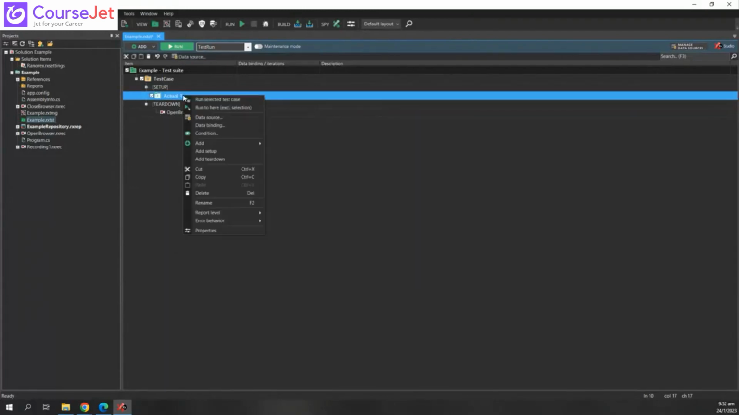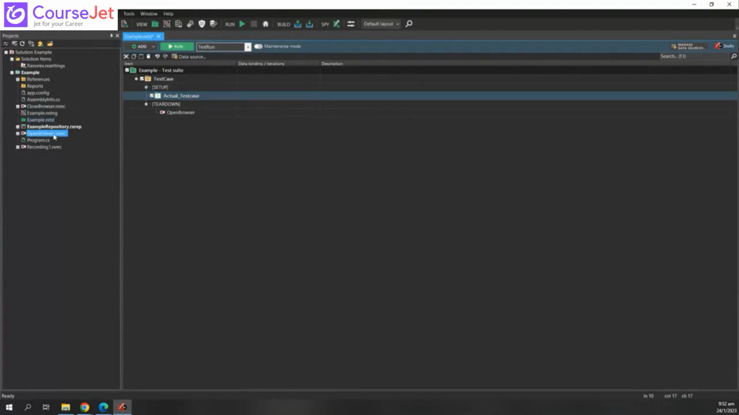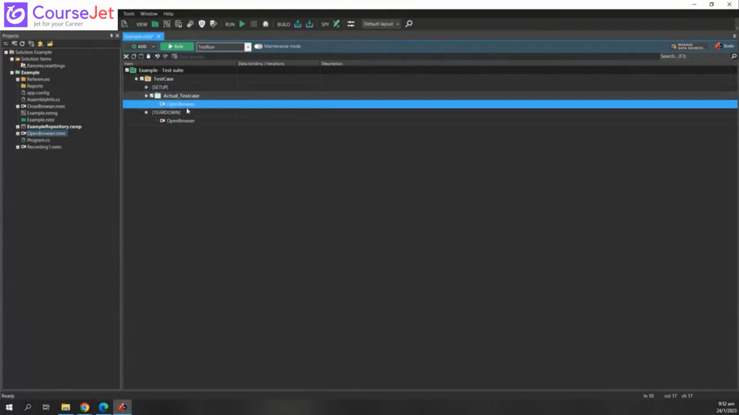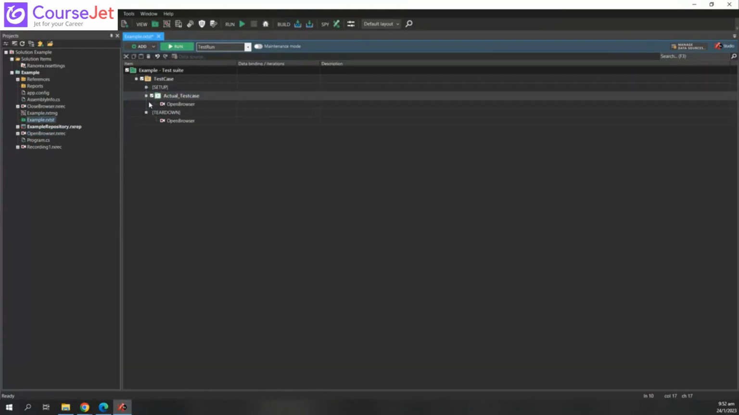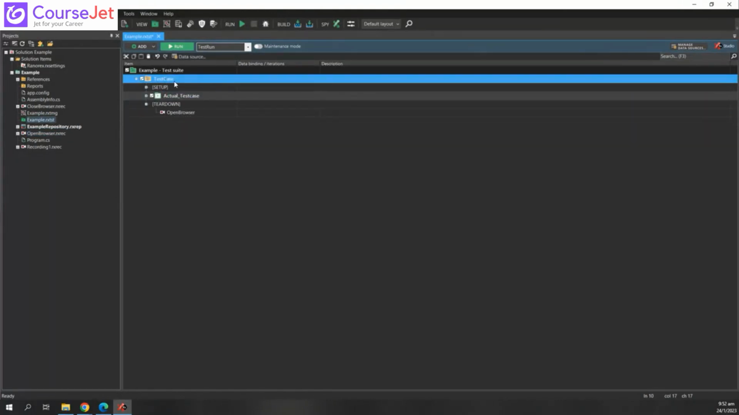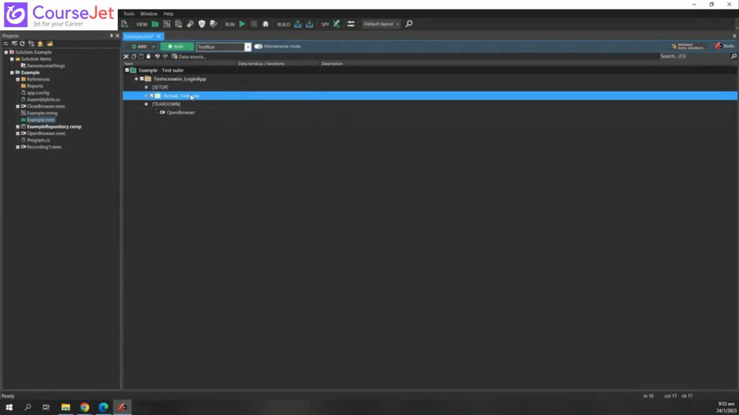So this is how it looks. Here, I will put this under this. This is the actual flow. Let me name it as test scenario, call it as login app. This is the actual test case where